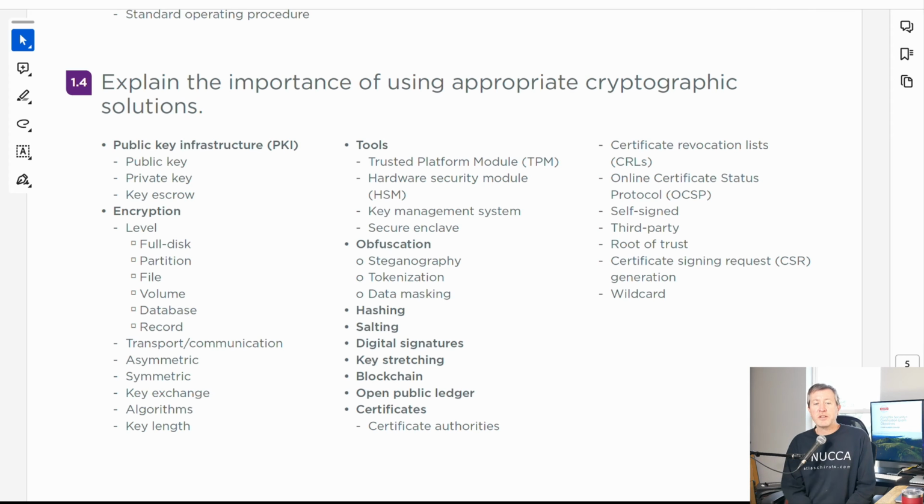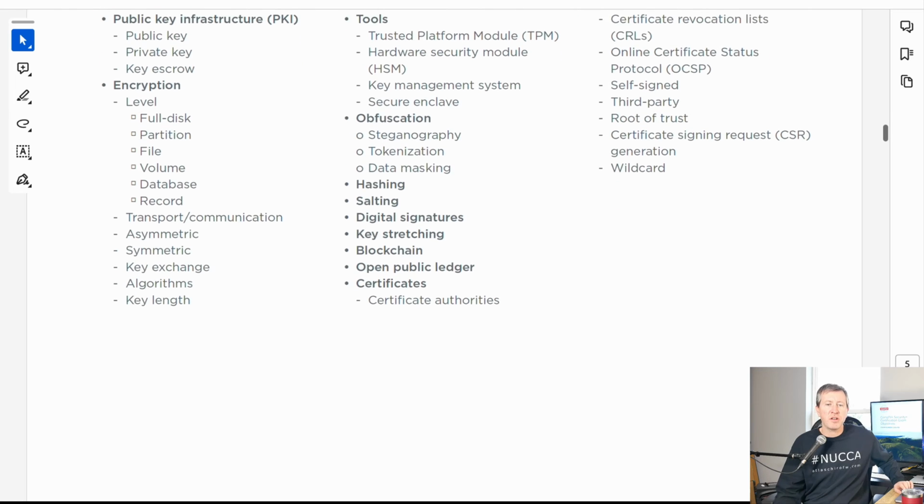We'll talk about other technologies such as trusted platform modules and hardware security modules. Those are certainly going to be important. We'll get into things like obfuscation, where we talk about steganography. We're going to get into salting. We'll talk about certificate revocation lists, OCSP, the Online Certificate Status Protocol. Both of those are used to make sure that our certificates are still valid for when we go to a site that's using HTTPS. So we'll get into all sorts of certificate-based terms and technologies here,